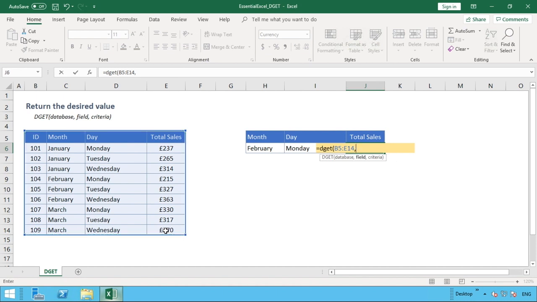For fields, you have three different ways you can input this information. You could do it as an index number, so you put in the actual number which represents the column from within your database that contains the value you wish to return. Alternatively, you can type it in manually, so within quotations you could type in the field name or the column header. For us you could type in "Total Sales" within quotations. Or the third and final option, which we're going to be using here, is to simply select the column header